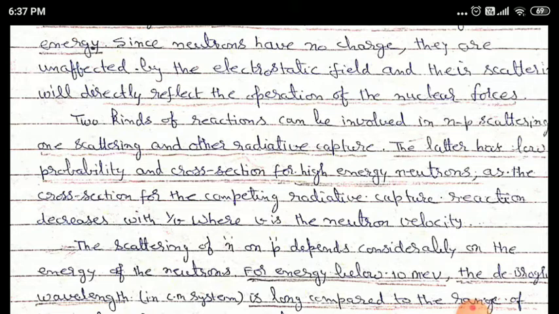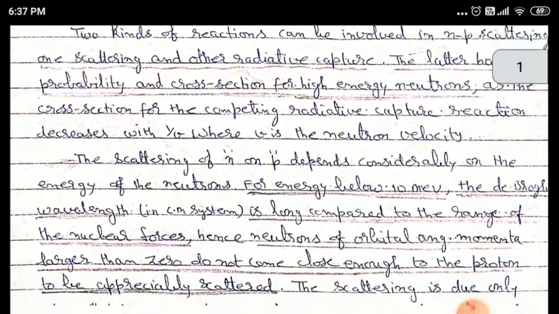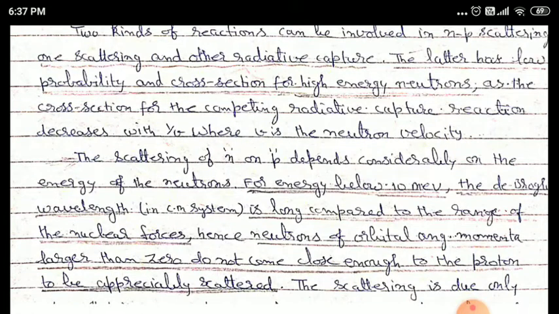The scattering of neutron on proton depends considerably on the energy of the neutrons. Why have I categorized this topic as scattering below 10 MeV? Because the de Broglie wavelength in the center of mass system is long compared to the range of the nuclear forces. Therefore, neutrons of orbital angular momentum larger than 0 do not come close enough to the proton to be appreciably